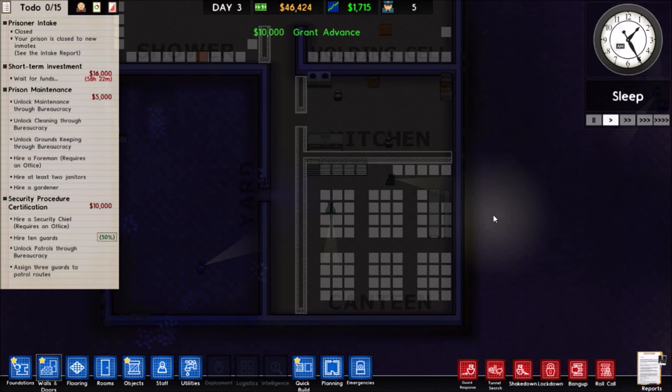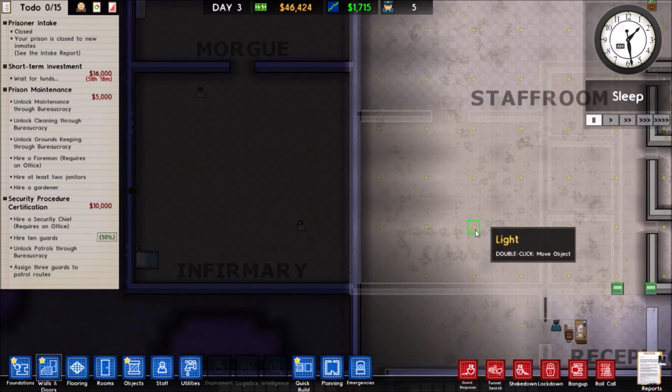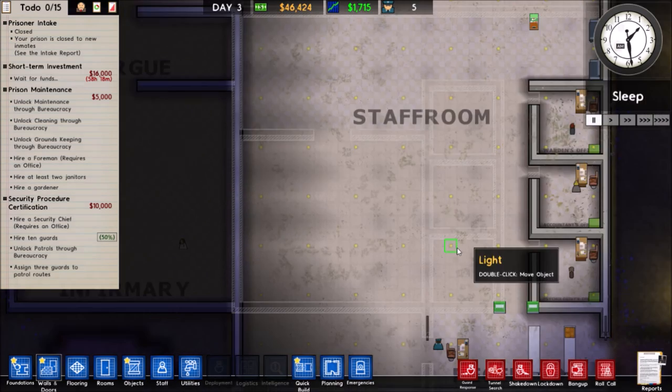I actually got a lot farther than I thought I would. I thought I would only be able to start planning stuff out, but honestly, building, planning. And I kind of hope you guys can see what I'm trying to do. I'm trying to build the least amount possible and still be able to get this done correctly. So next time we're going to be waiting on our short-term investments to be done. We're going to get the prison maintenance, get our security procedure certification, and then I think that's most of the things that I actually have to do